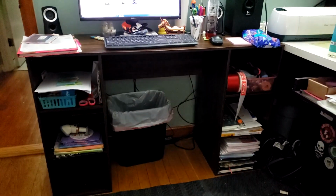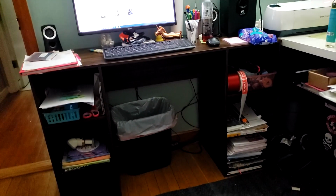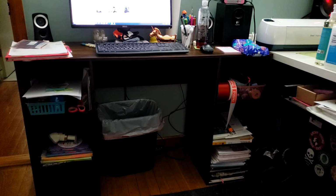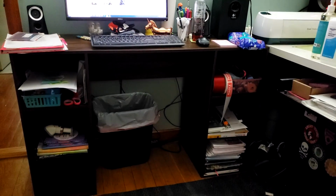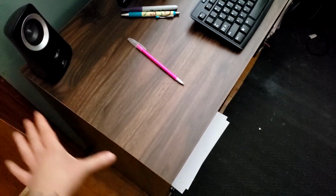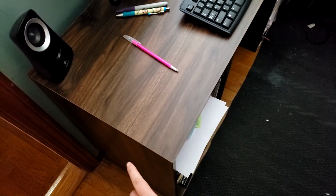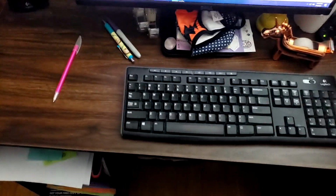Okay, so this is my new desk. I ended up just putting it where the old one was because it came Tuesday and it was hot and I was just aggravated and wanted to be done with it. Papers with personal info all over the place, so let me edit that out. Width-wise, it's maybe 1.5 inches thinner than the other desk was, but I wanted this to just be this way